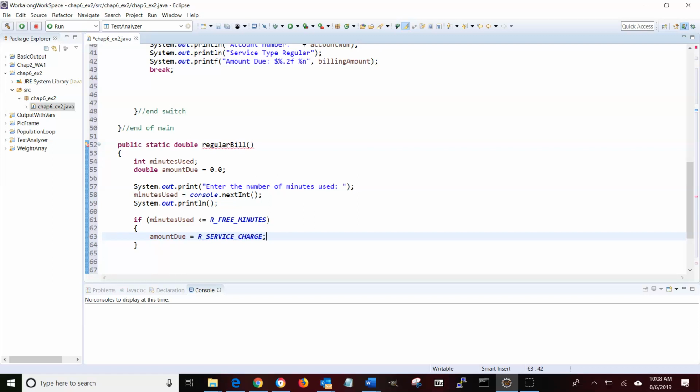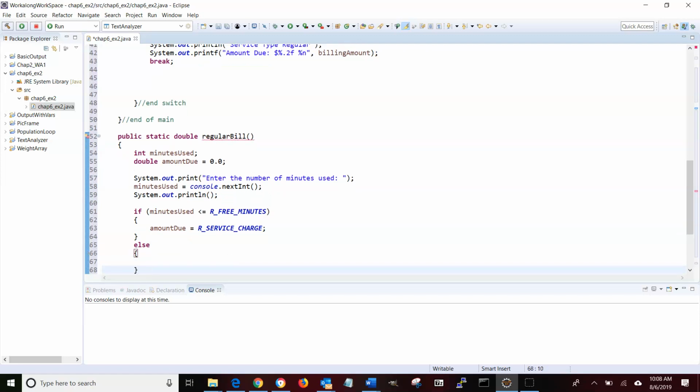If they're within their minutes, we don't do anything with it. Okay? If they're not, else, we are going to then do some kind of calculation because they went over on their minutes and we have to figure out the amount due. So in the else, we'll go amount due is going to equal this calculation. So regular charges, r_service_charge